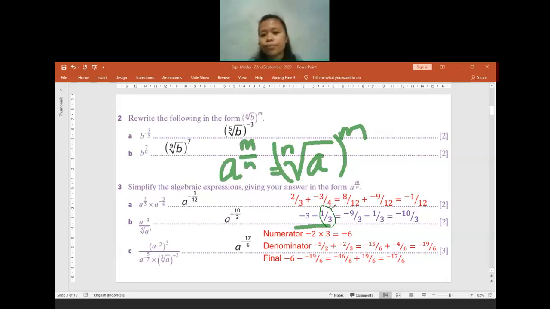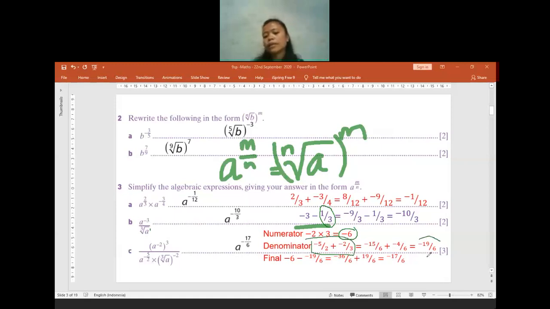That's why you have to try to combine all of the index laws that we have learned, make a summary from that, and use it wisely to answer all of the questions. Is it already helping, or is there anything still confusing for you? Helping. It's helping. Okay, done.